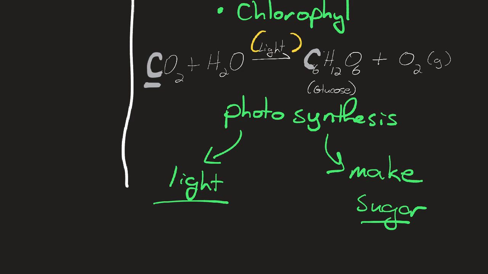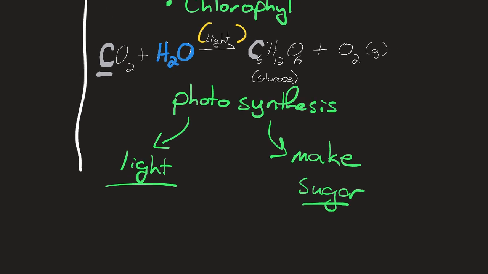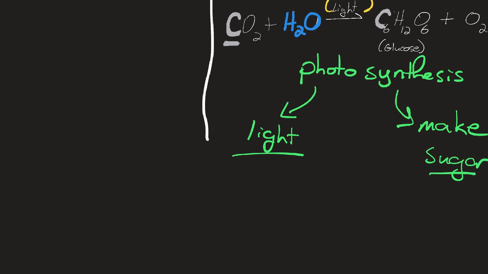The water, I hope you know, is just liquid water. It comes from the roots. Plants absorb it through the roots. Are we clear? You can spray the leaves with water all day long. It has to enter the roots to get into the plants. All right. Oxygen gas is produced as an excess, but we'll see where it goes and where it comes from.